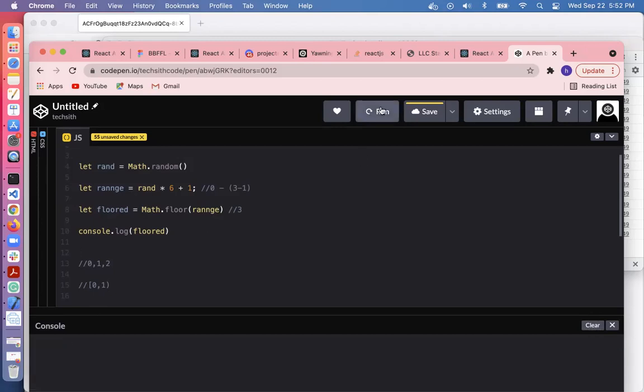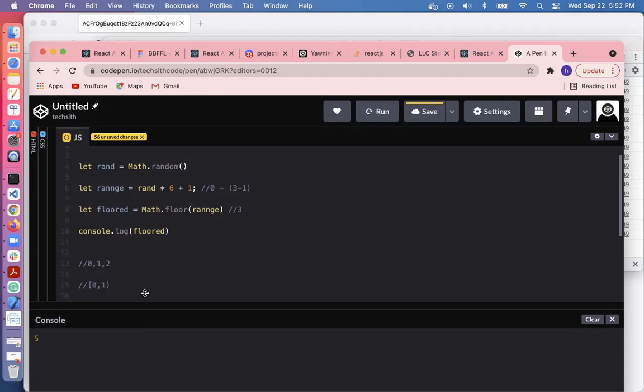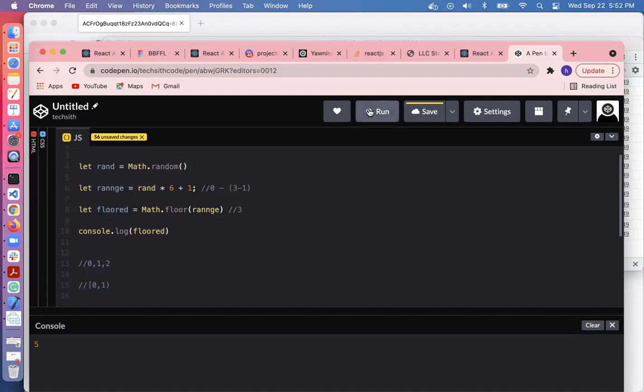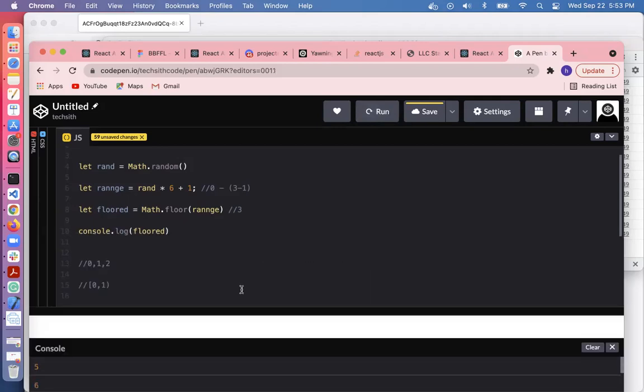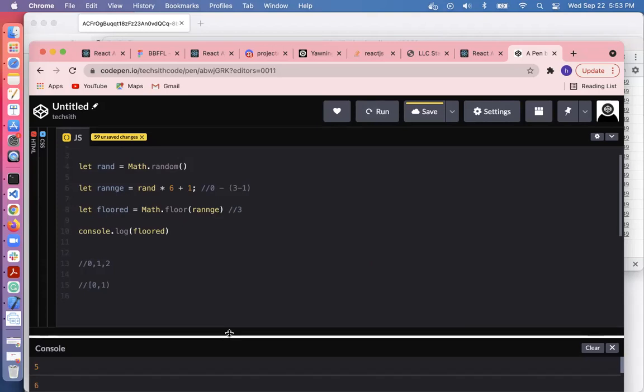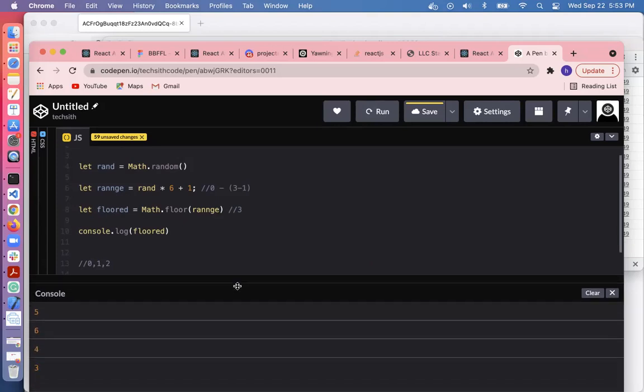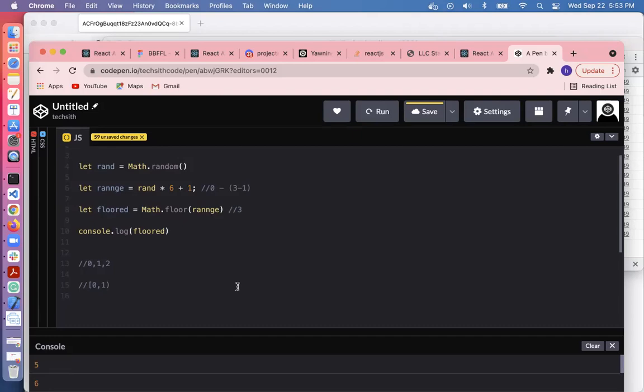So let's run this. And again, it's trial and error. 5, 6, 4, 3. So those who are building a roller dice game, right? You can build around this. So for example, what can you build with this one? So you can build, let's say,